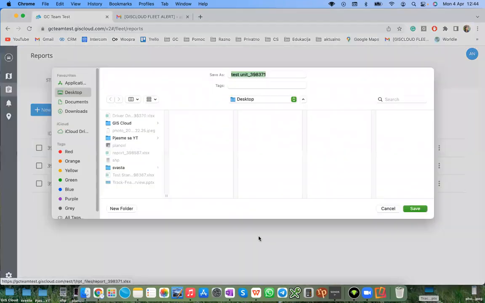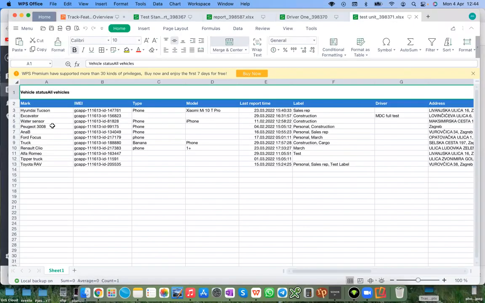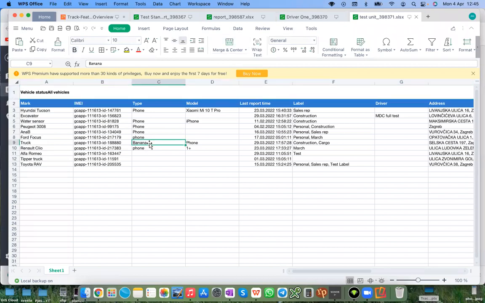And just to show you how it looks, here you can see, in this case, I have chosen all vehicles, so I will get a report for all vehicles. This is also the information that Antonia showed you. You can add in the settings. So here are all of the vehicles that you will also be able to see in our unit map, their ID, their type. As you can see, the banana is still here, and information about their mobile devices, the devices